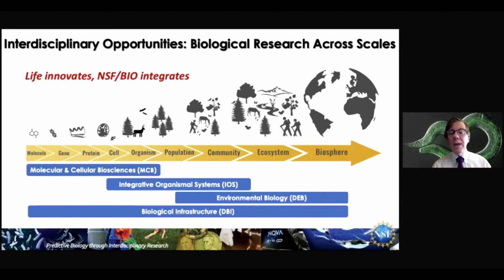So when you have begun to develop your idea, I think this is the most important thing: contact a program officer. Part of our job is to help you get your proposal before the most suitable panel of reviewers. So in addition to programs individual to MCB or to IOS or to DBI or DEB, Bio has 2 programs that are specifically designed to support cross-disciplinary research that I'll describe next.